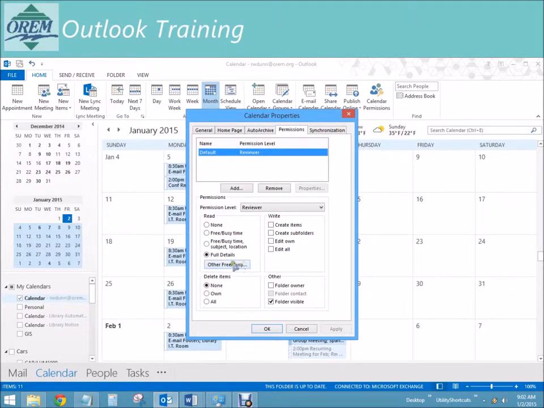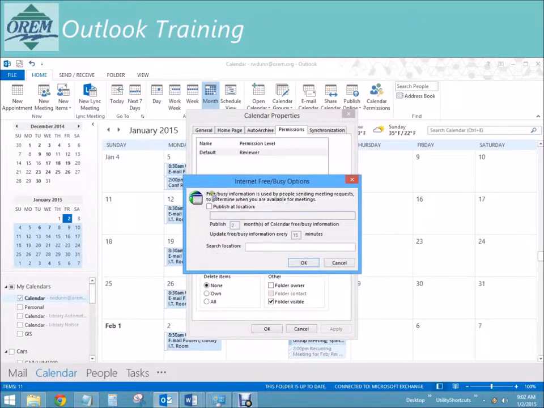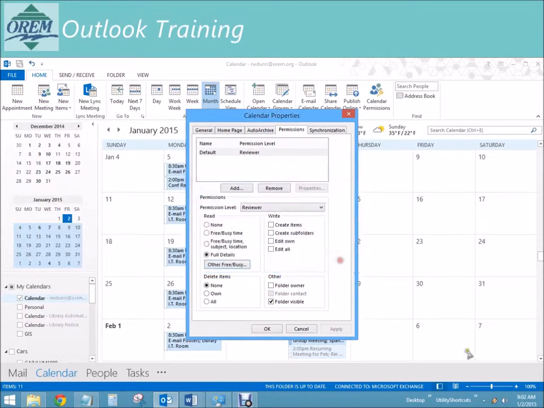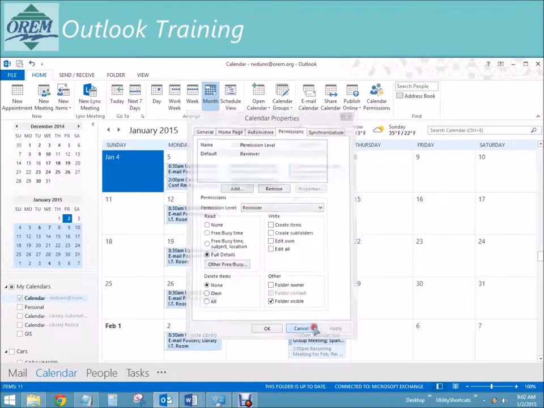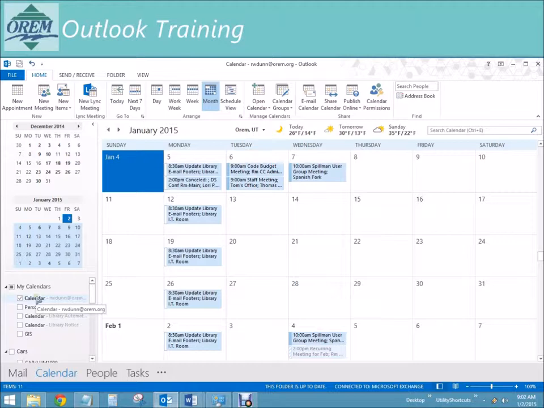If I click the other free busy option, this would allow me to publish my calendar to a website on the city's webpage. We don't have that currently set up yet, but we'll look into that. But sharing a calendar with somebody outside of the organization, I think that works mainly well when they have Outlook in their organization as well. I really don't know what it looks like if they use another solution like Google Calendar or GroupWise. All right,